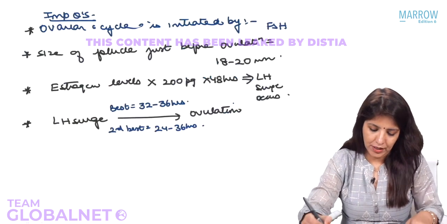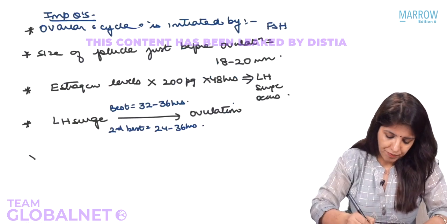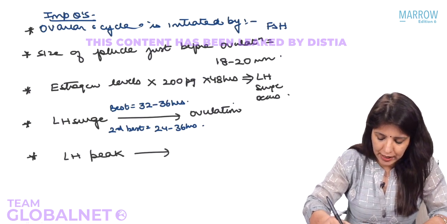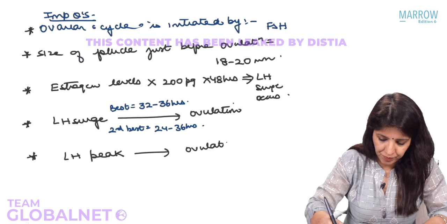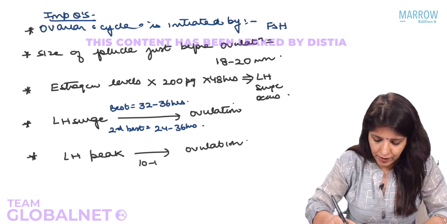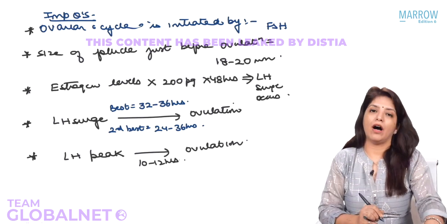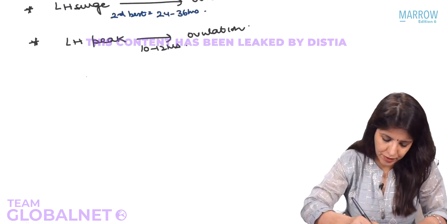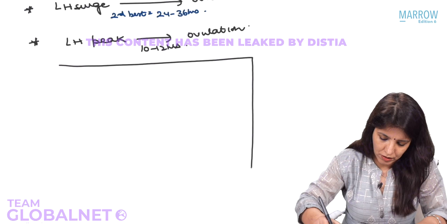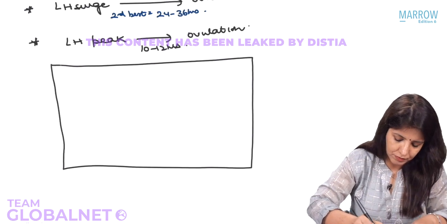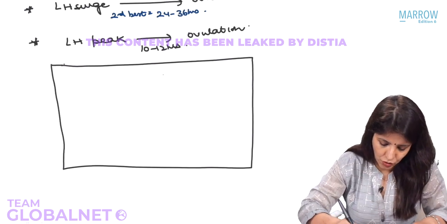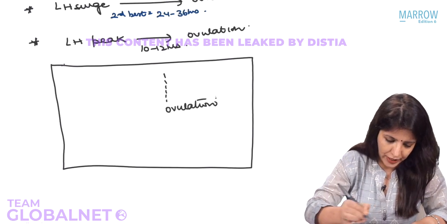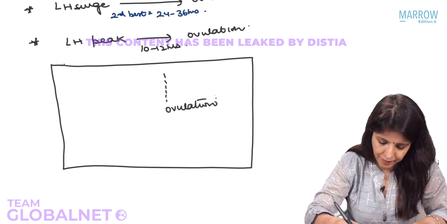So write down time interval between LH peak and ovulation is 10 to 12 hours, right? Now, draw this diagram here. This over here is ovulation, right? This is our LH peak,